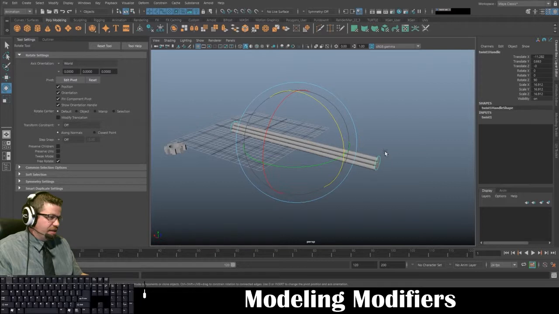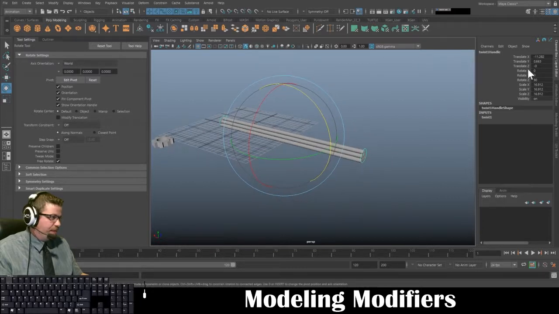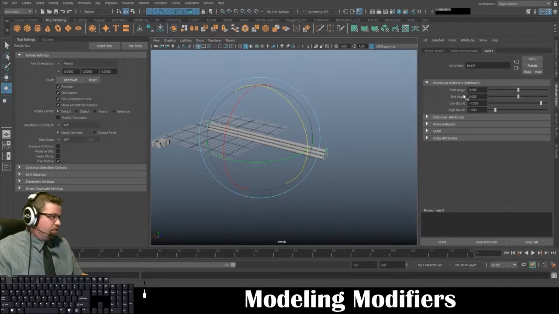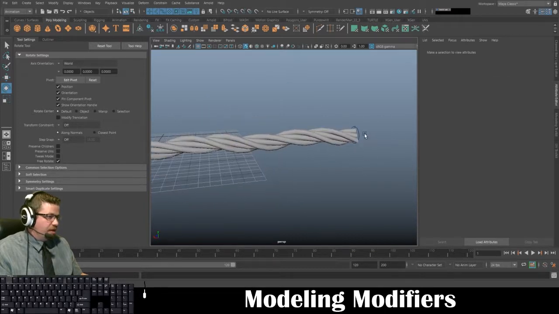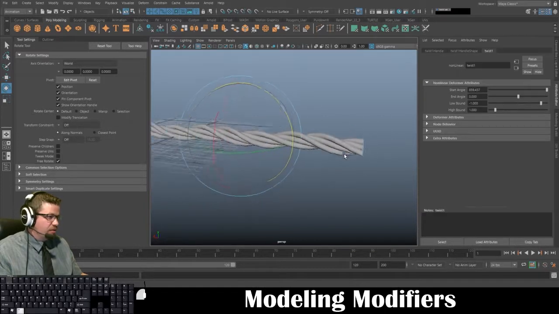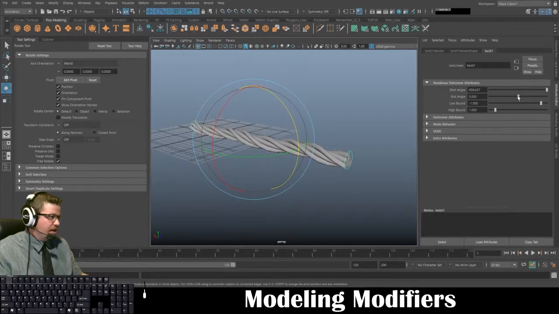And now by selecting just the twist 1 handle, I'm going to switch into my attribute editor, and under twist I'm going to start messing around with start angle. And you're going to see this start to twist up. Now this is really cool. So let me show you that one more time. And the reason why this is so cool is